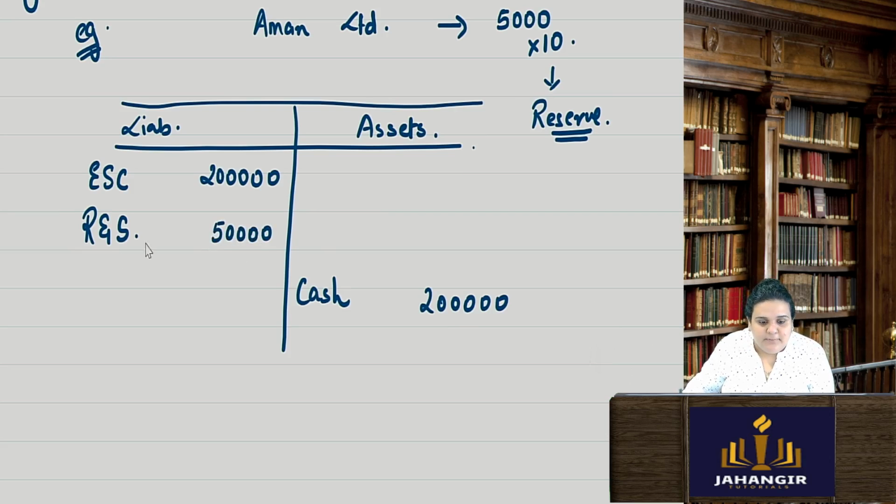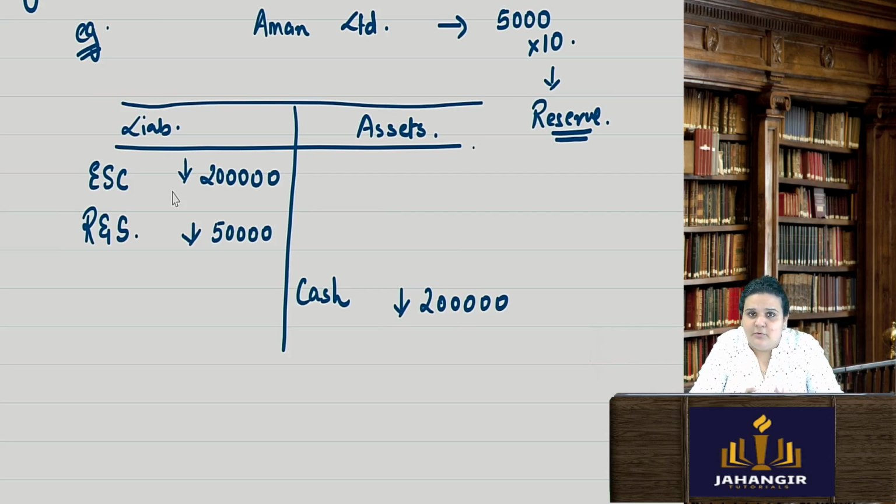So reserves and surplus will decrease. Similarly, cash will also decrease by rupees 50,000, as well as equity share capital will also decrease. Understand once again. I am doing a buyback of 5,000 shares of rupees 10 each from my reserves. My equity share capital was at 2 lakhs. If there is 2 lakhs, I have written cash also 2 lakhs.